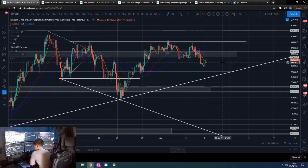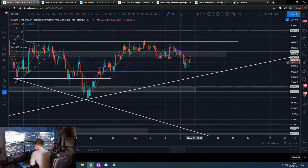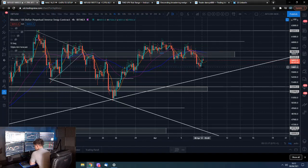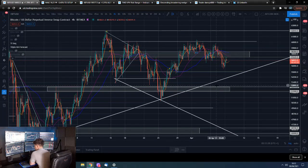Yeah, that is it, there's not too much else to say really. At the moment we are basically operating within this wider range, with the top half of it looking to break back above. If we do, great. If we get rejected, then we have realistically got to be looking at taking out this low, which will probably trigger a move through 55k, and then we're looking at either this trend line or into the 52ks for the